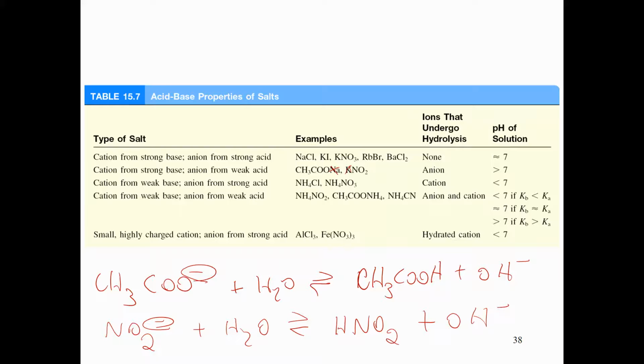So that step, KNO2 goes into K+ and NO2 minus. That NO2 minus will set up the equilibrium with water. That's exactly right, HNO2. And here they give us pretty much the same example, which is kind of ridiculous, but ammonium chloride,